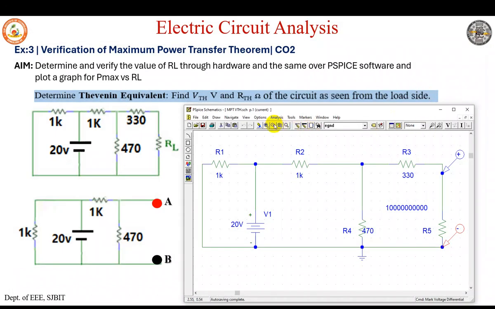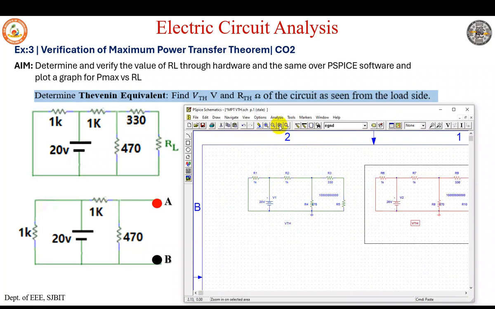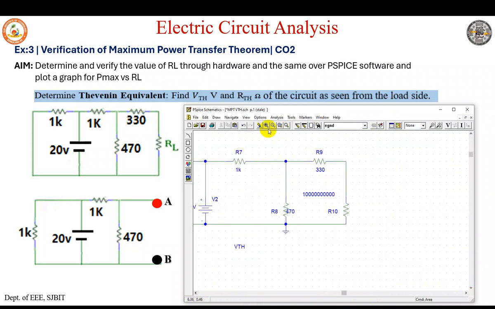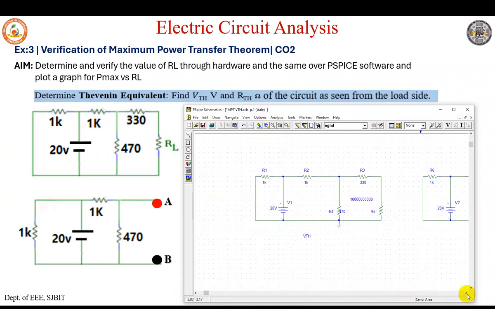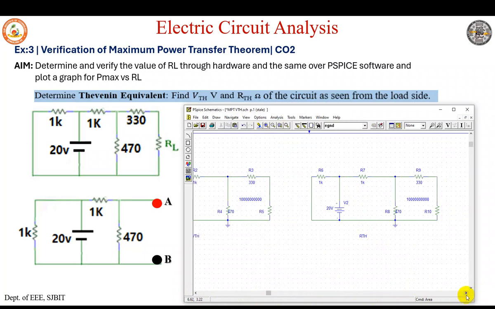Now, as we have done with VTH, let us now solve for RTH. To do that, let us label this as VTH, right? Now let us delete the voltage probes. Let us copy paste the entire circuit. So remember, this is VTH, and over here we have RTH. So let us rename it. Now RTH,